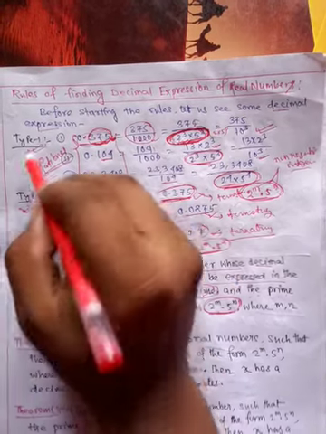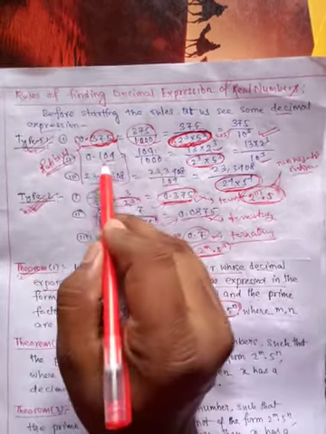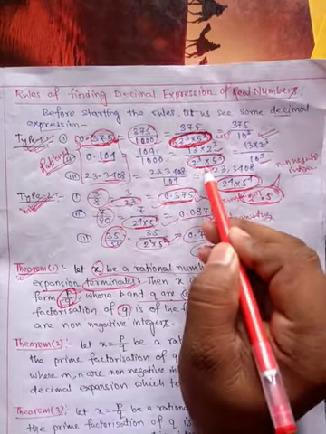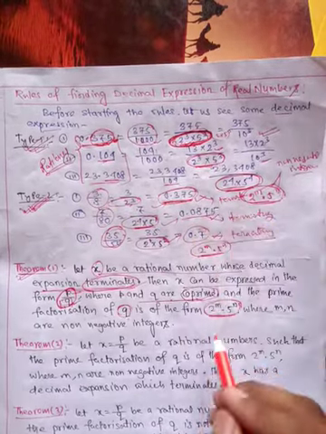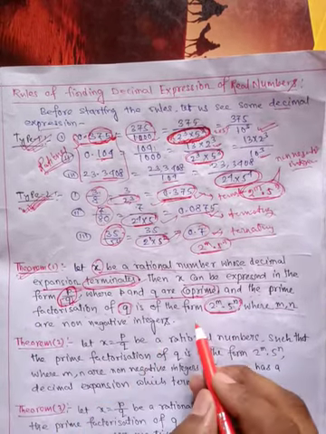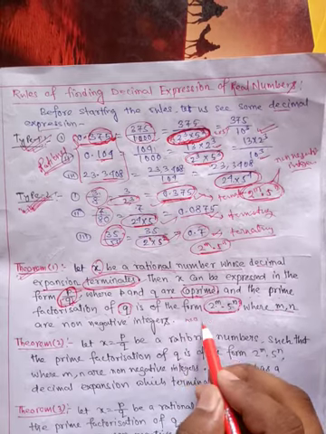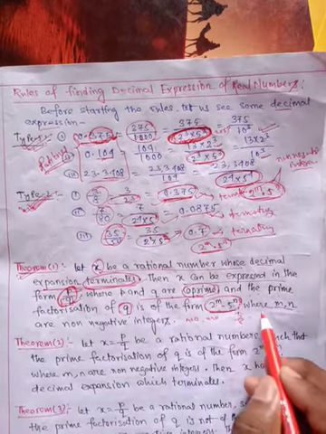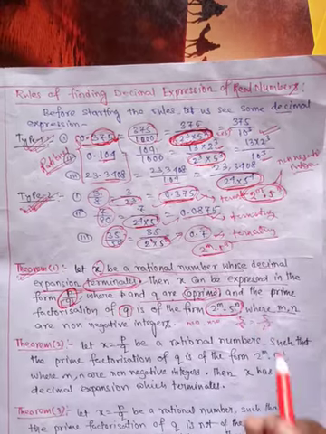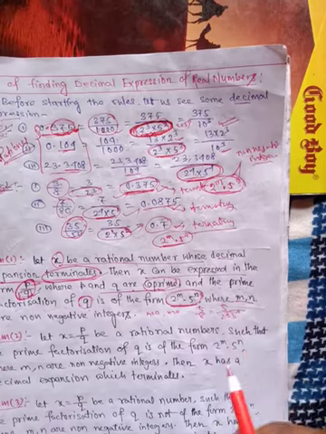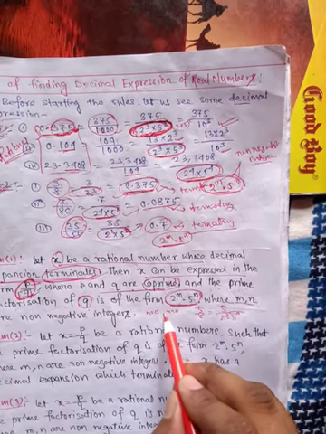Now we have seen in the type 1 example that when the decimal representation terminates, the prime factorization of the denominator is always of the form 2 to the power m into 5 to the power n, where m and n are non-negative integers. Non-negative means m may be 0, or n may be 0. Sometimes, suppose 5 by 8, it is 5 by 2 to the power 3. There is no prime factor 5, but you can write 5 to the power 0. So that's why n may be 0.